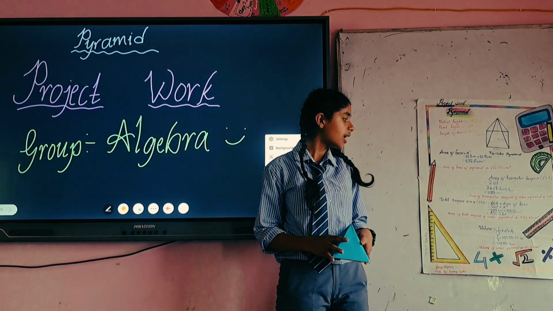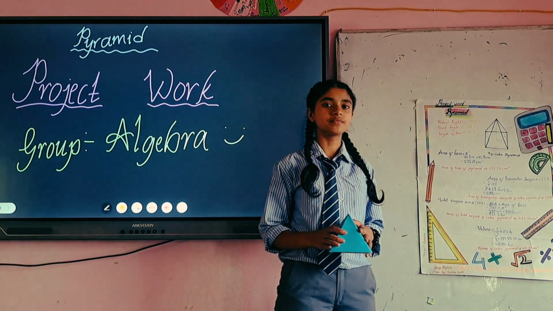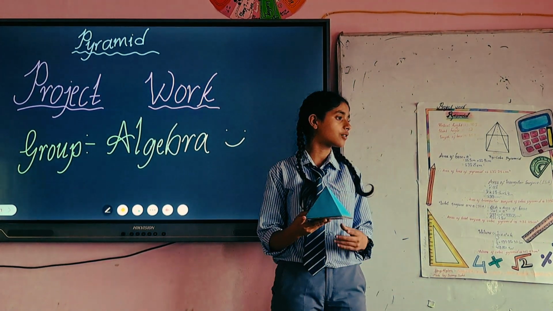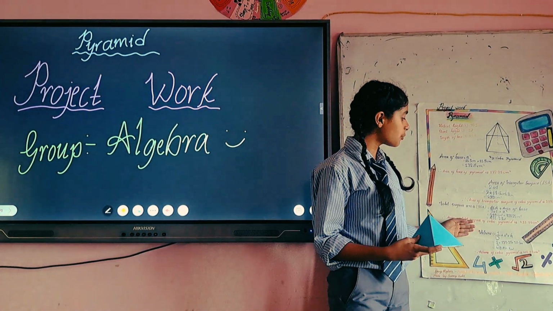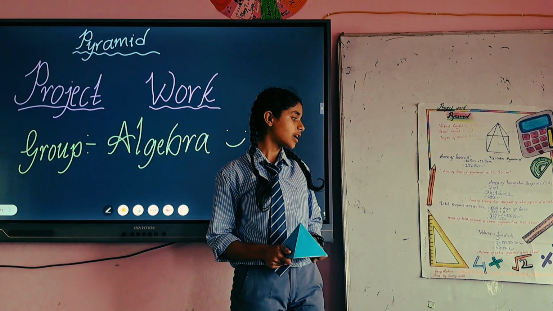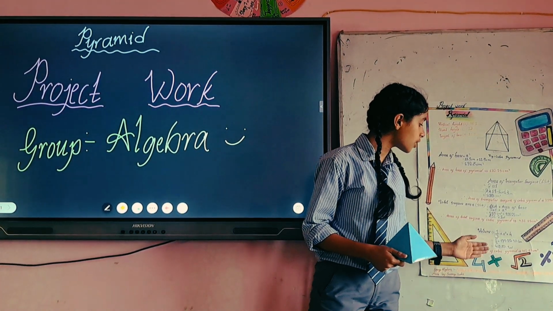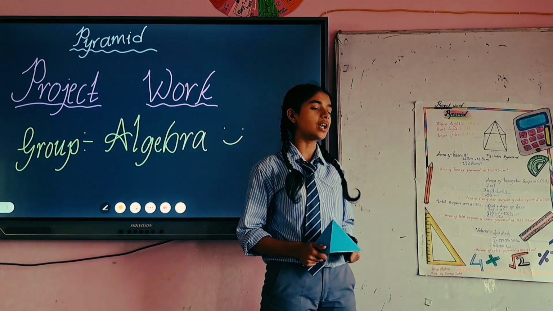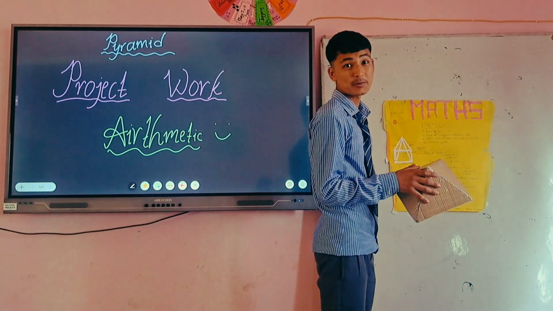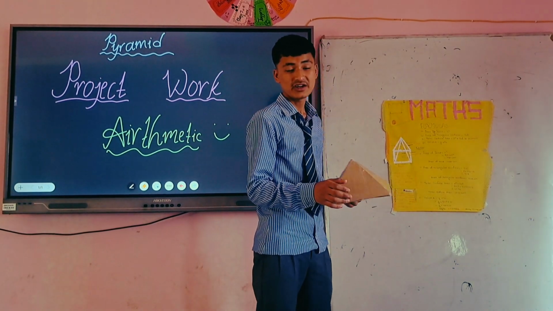431.25 cm square. And at the last, I took out the volume of this pyramid, and the formula to take out the volume of this pyramid is 1/3 times A square times H, and the final result was 462.8749 cm cube. First project work given by our class teacher Padma Pathak sir.